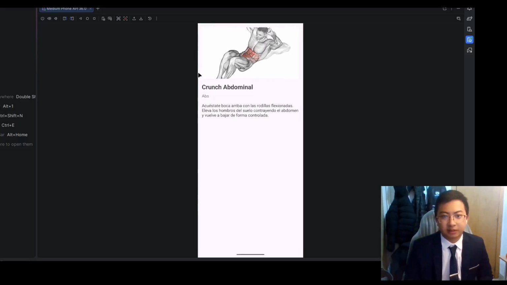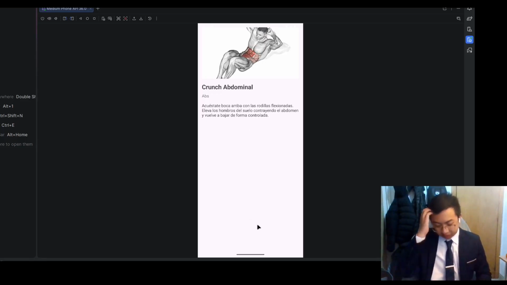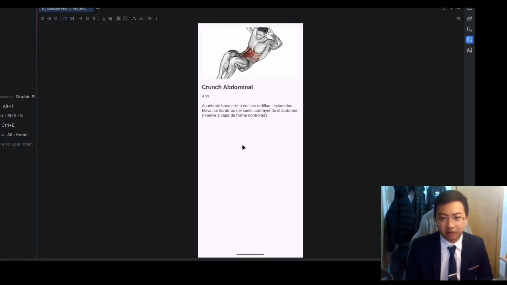Okay, but then the bad thing is that there's no back button and it kind of lacks some context. So I would maybe put the back button here at the top, then the title, crunch, abdominal, and then abs as a subtitle, and then the image, and then the description. Okay, probably this is something that they're still thinking to do, or they will add later, is that they'll add something like